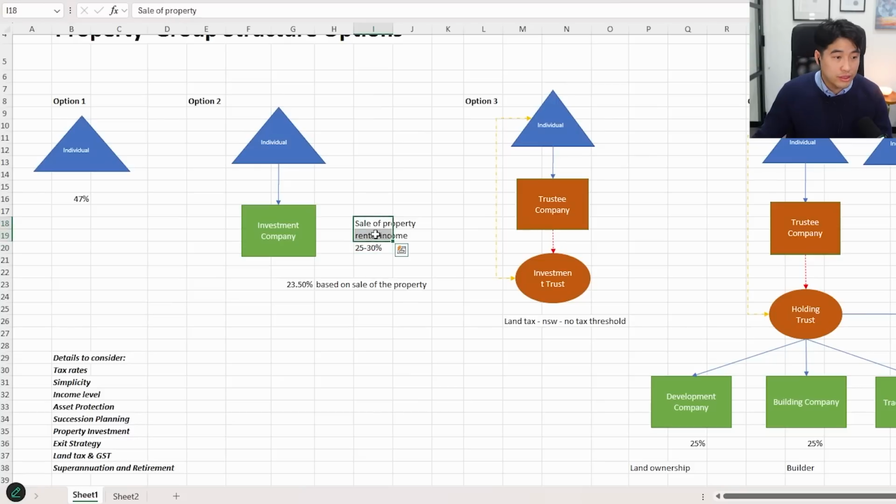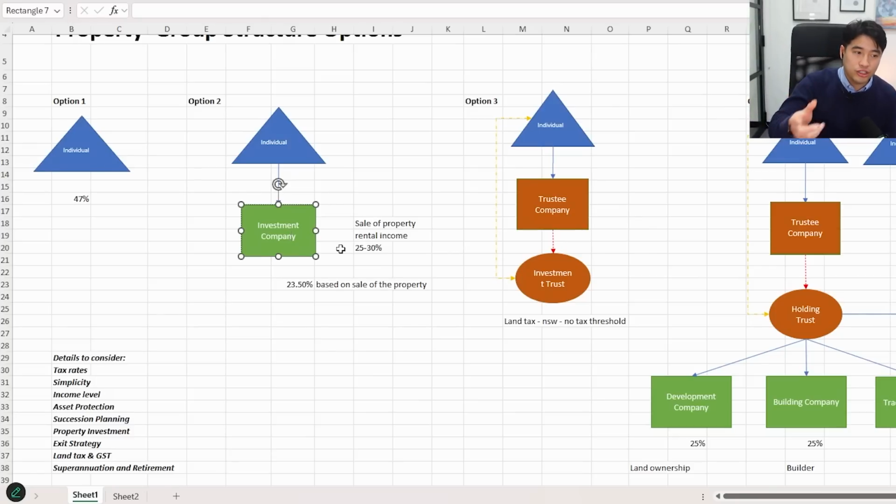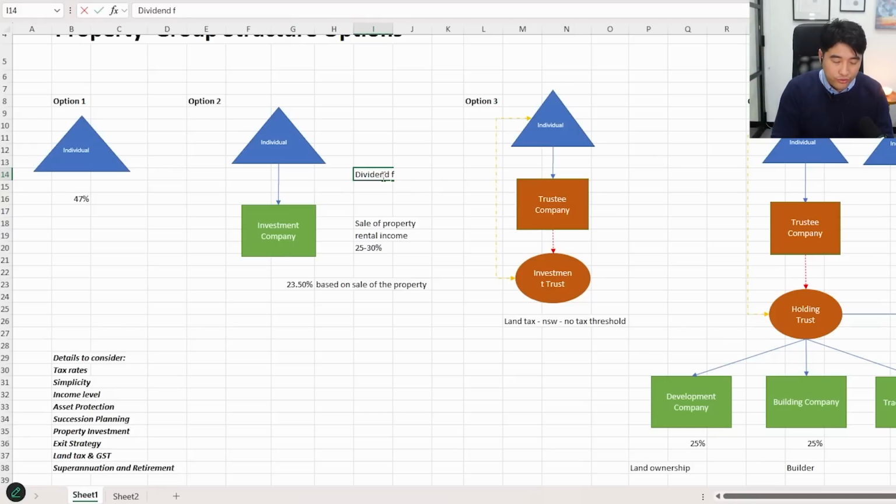So if you receive rental profit for the next 10 to 15 years, then it's actually better, personally, in my point of view, to get a 30% tax rate than 47% for the next 10 to 15 years. And if I don't plan to sell, then I won't ever really get that 23.5% or 6.5% deduction in my tax. I'm just keeping all the profits in the company, reinvesting it, buying more property, and then eventually taking money out. But when I do take money out, I'm taking it out as a dividend, and I get a fully franked dividend, and I get 30% credit for that.